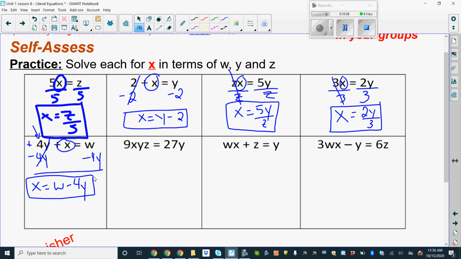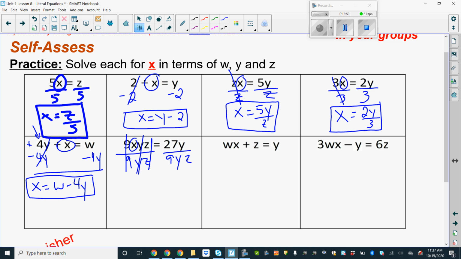This next one is a little bit different than what we've seen. Again, we have to solve for x. 9x, y, z are all attached by multiplication. So we can do the inverse operation and divide by everything that is not x. So we're going to divide by the 9, divide by the y's, divide by the z's. So the 9 cancels out, the y's cancel out, and the z's cancel out. Now on this side, I have to divide by the same thing,